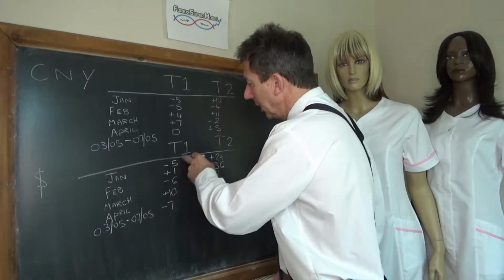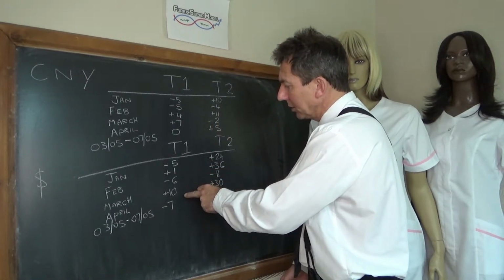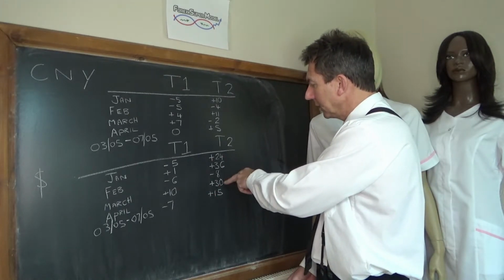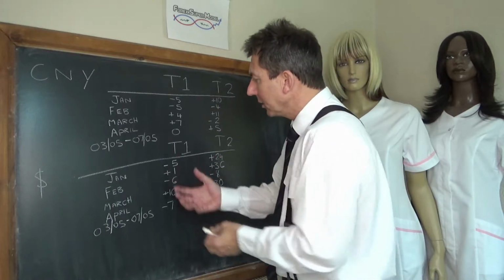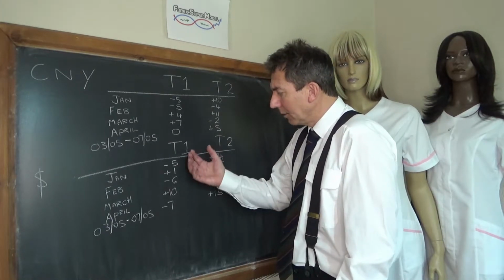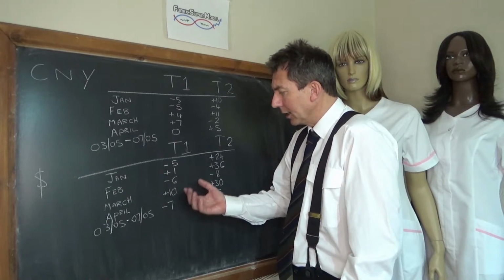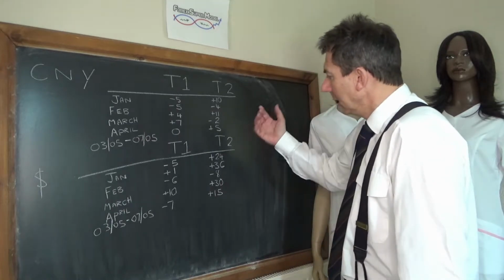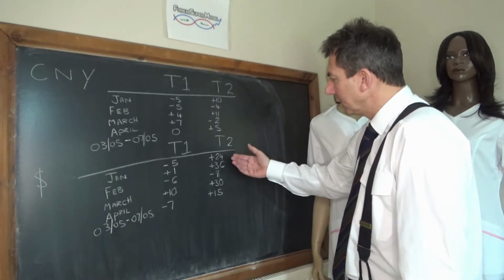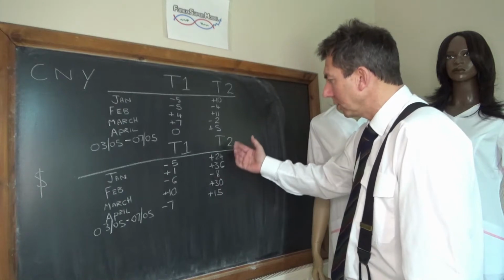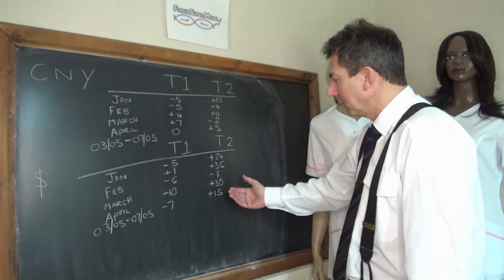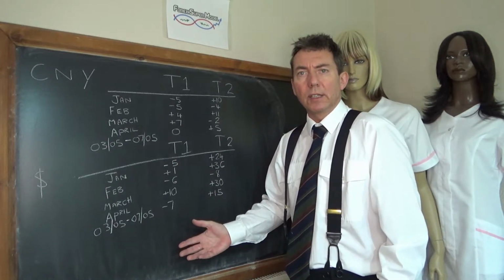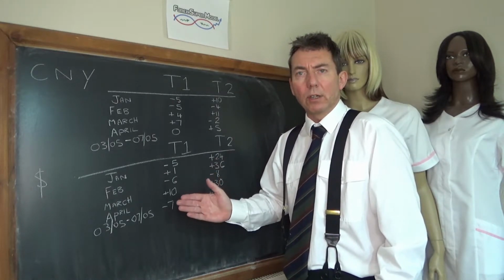The dollar then. Tier 1, -5, +1, -6, +10, -7. Tier 2, +24, +36, -8, +30, +15. So if you look at the Tier 1 for the dollar, we had a strong April, and it's deteriorated significantly so far in May. The Tier 2, however, has really been steaming, a little bit weak in March, but we're very strong on the Tier 2. So we've got mixed dollar data. We'll talk about that in the analysis. So stop it there, don't go away, write the next two up.